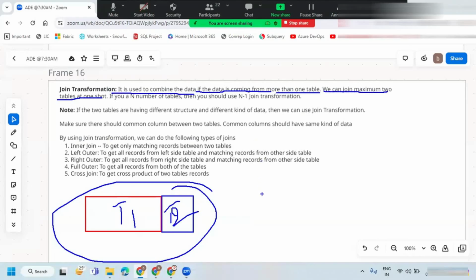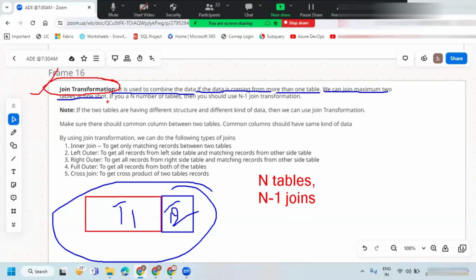We can join a maximum of two tables at one shot. That means if there are n number of tables, there will be n minus 1 joins. If I have 10 tables, 10 minus 1, 9 joins will be there. That means 9 join transformations you have to use, and that we are going to see.